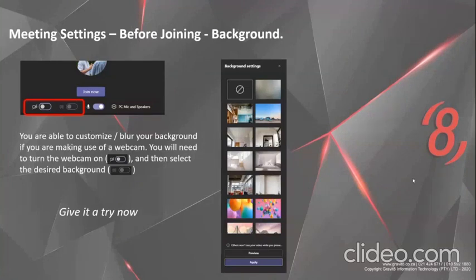In terms of the video, there are two options. You can turn your video on or off, your camera. If you turn it on, you have a second option to either blur the background. You can either have it normal, you see yourself. Otherwise, you can blur the background, which will be the top right over here. Otherwise, you got a whole bunch of other